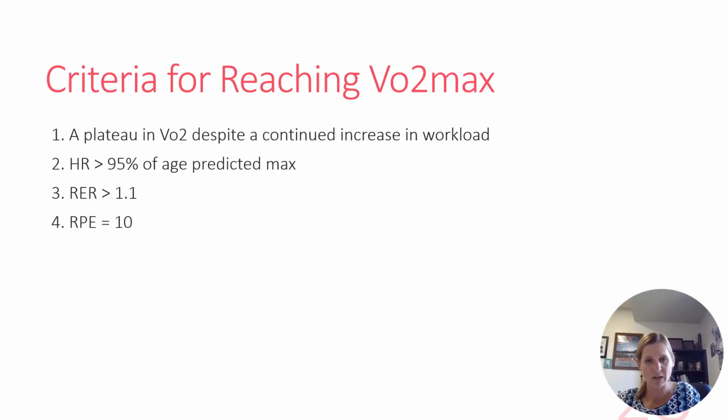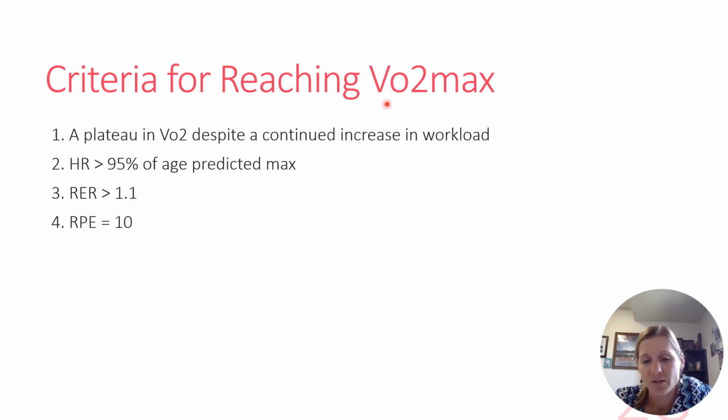Okay. How do you know if you've reached your true VO2 max? There are 4 different criteria. If this were a publishable piece of research, you want to hit 3 of the 4 of these criteria in order to be considered a VO2 max. Now, if you have a subject that doesn't reach a VO2 max, does that mean we kick them out of the study? Usually somebody will reach an RPE of 10, which is as hard as I can go, maybe before I reach some of these other factors. So that one is almost always met.